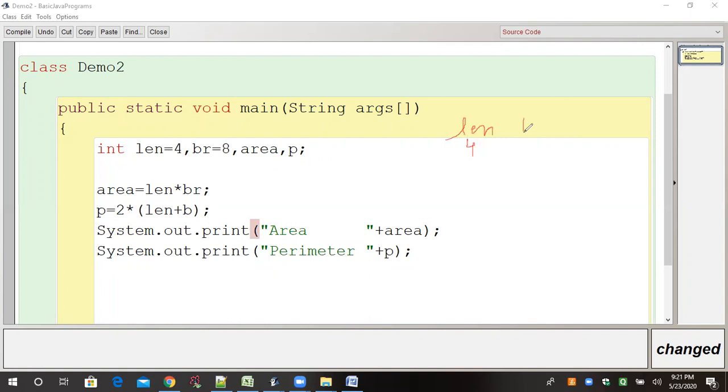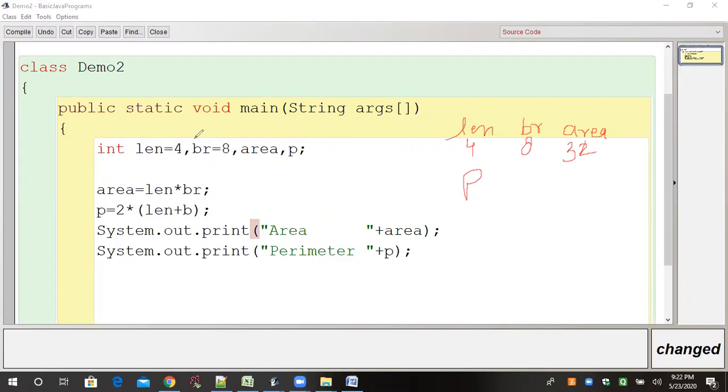And what is br? 8. And what is area? 4 into 8, 32. Great. And what will be the perimeter?